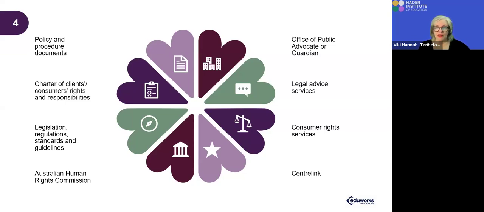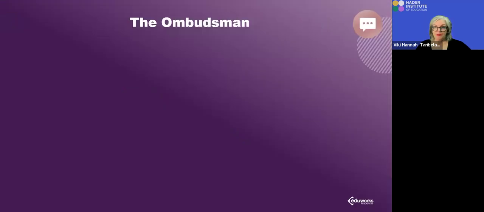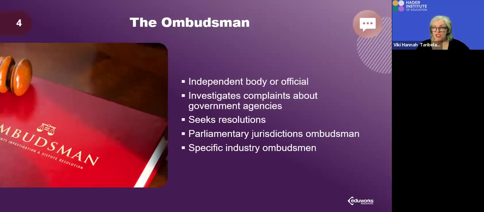Some people will go and have, maybe their advocate could be a union if we are talking about a workplace matter as well. So policy and procedure documents need to be reviewed and updated, and that's part of the accreditation for people to be in receipt of public funding. You can go higher if you're not satisfied, the Ombudsman. They are unbiased, and they will make a decision as an independent body. They investigate complaints about government agencies. They will seek to help you find a resolution which is a satisfactory outcome.